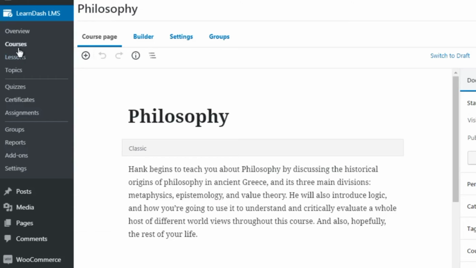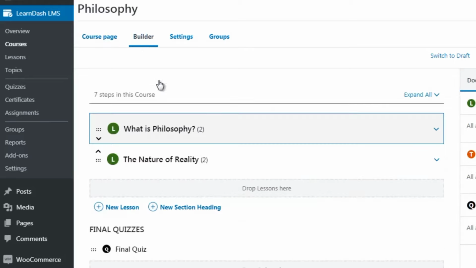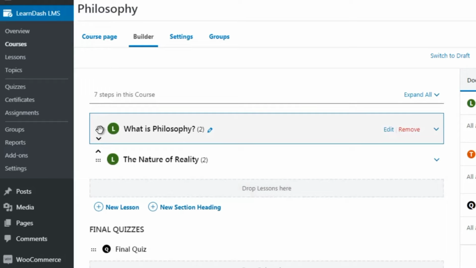Now, if we go into a course, in this case, philosophy, you can see that there's the title, the description right here. And then if you click on the builder, this allows you to build your course out. We have the sections here so we can move things around. As you can see, it's very easy. You can simply drag and drop things.